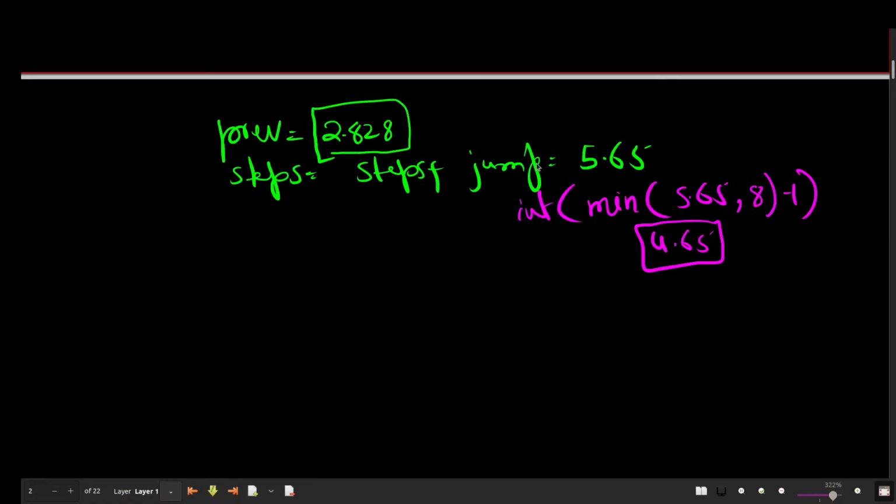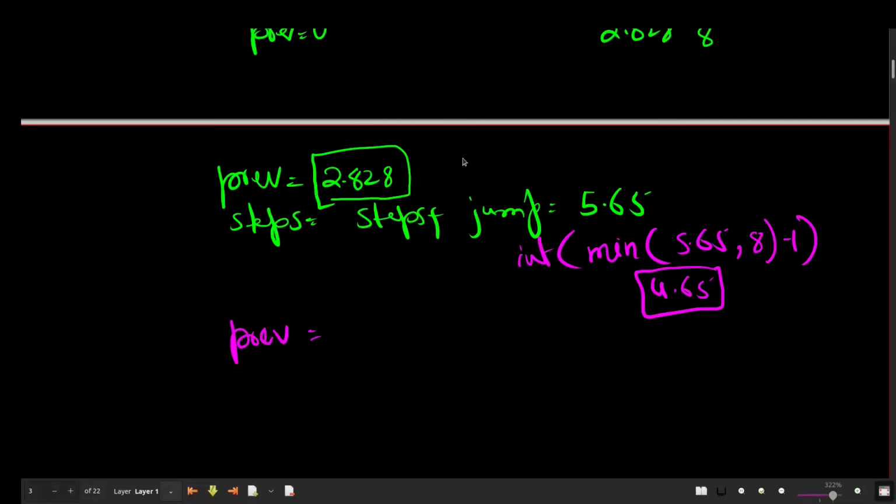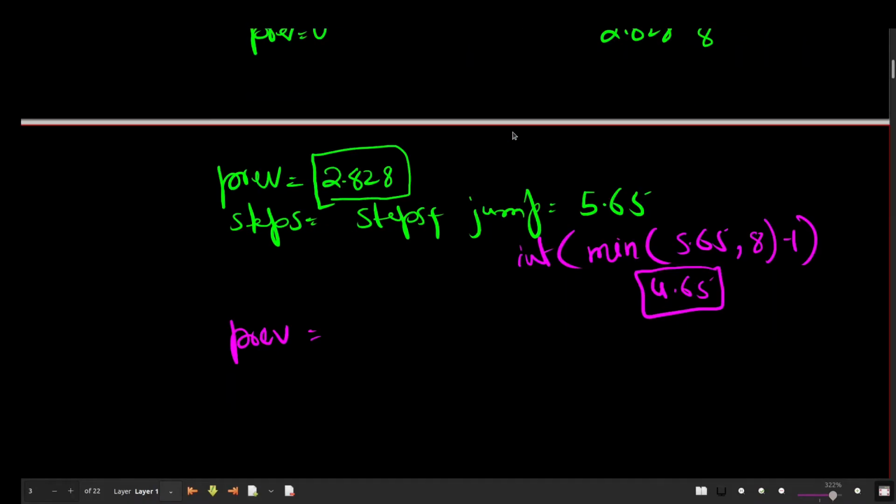Okay, so we have made two comparisons till now. In the next step we are going to change previous, and keep in mind that this number is still less than key. You can see it here, this number is still less than key. Now previous will become 5.65 and steps will increase, and what we are going to do, 2.828 three times, so basically it will become 8.48.